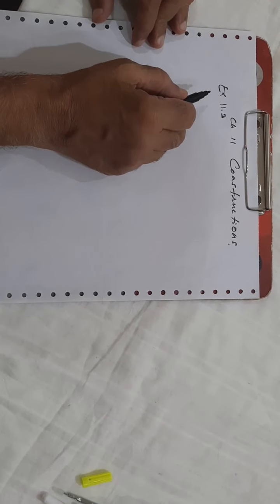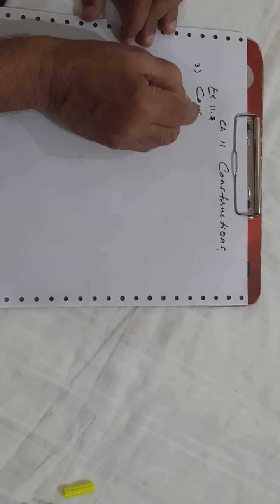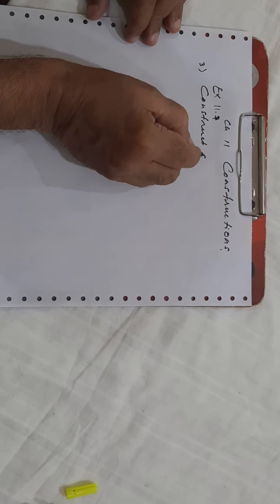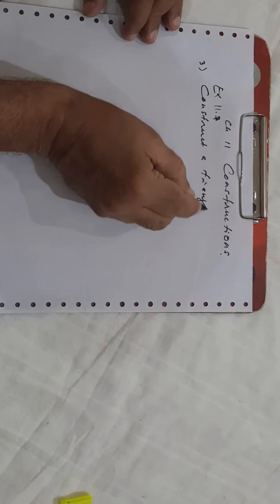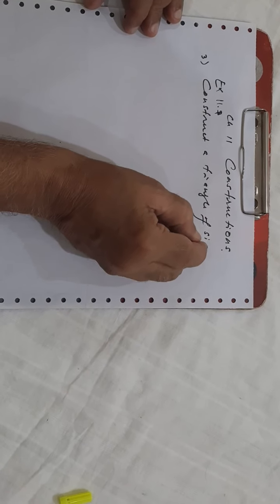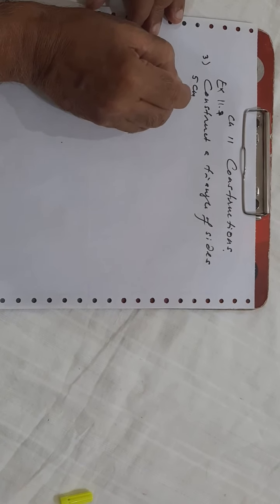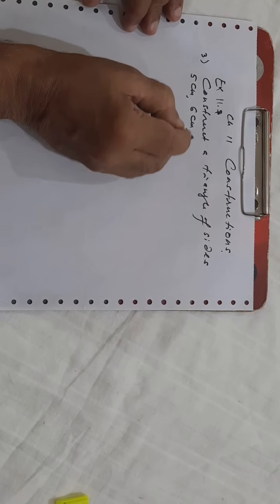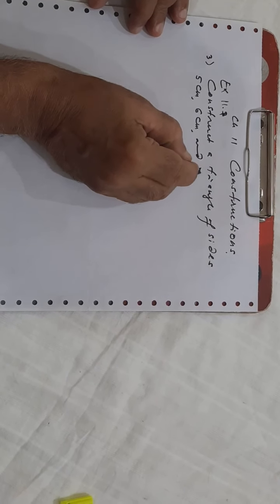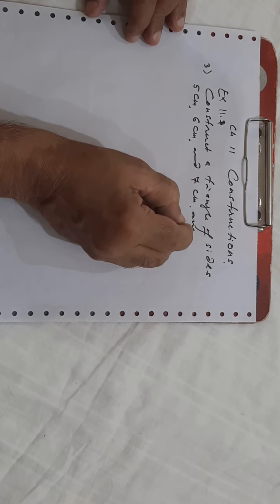Let us continue exercise 11.1, question number 3. Construct a triangle of sides 5 centimeter, 6 centimeter and 7 centimeter, and then